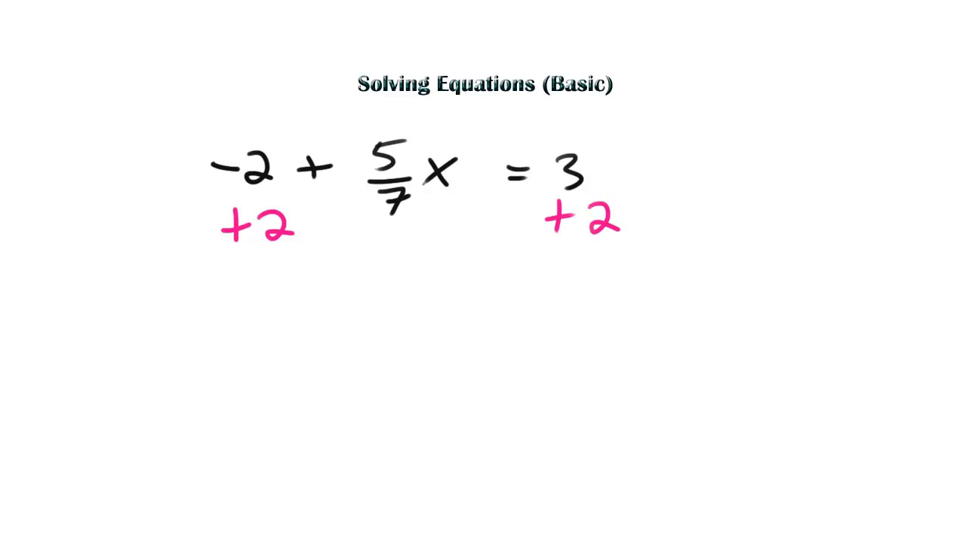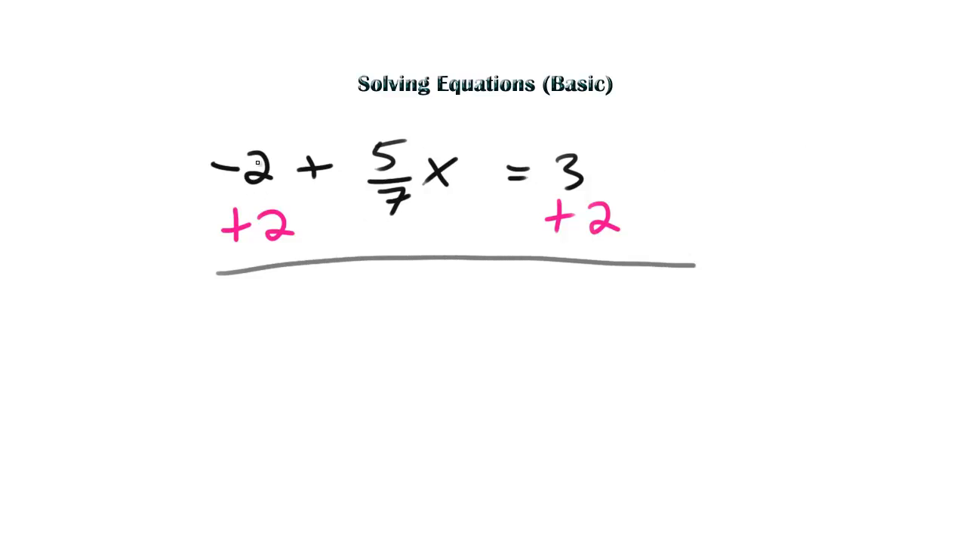Alright, we're down to the last problem here. So let's say we have -2 plus 5 over 7x is equal to 3. Okay, so what I want to do here is add the 2 first, right? Add the 2 here too, right? So let's draw a nice line,